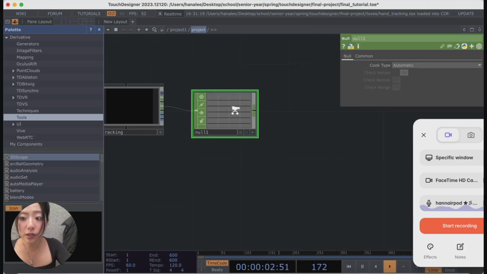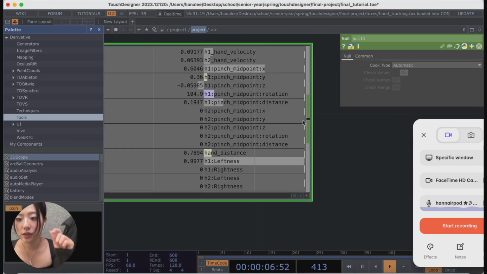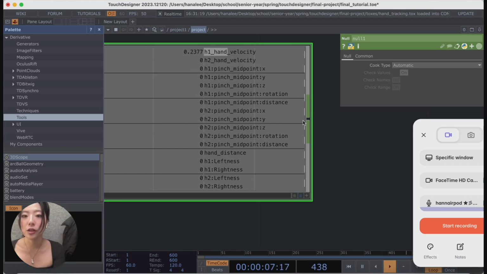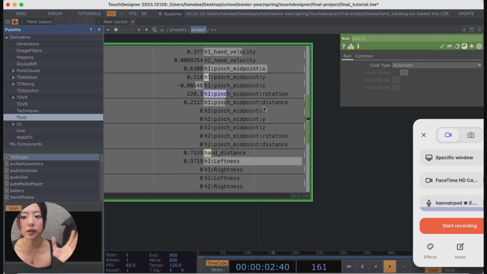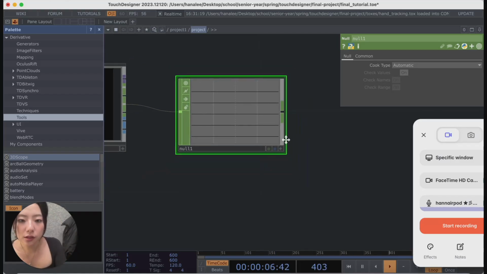And if you zoom in really closely, as I'm doing, you can see everything is listed. And so when I move my hand, these things get tracked, and it's really cool. So this is what we're going to use to target specific elements within the project as we go further along, and you guys will see. But anyways,